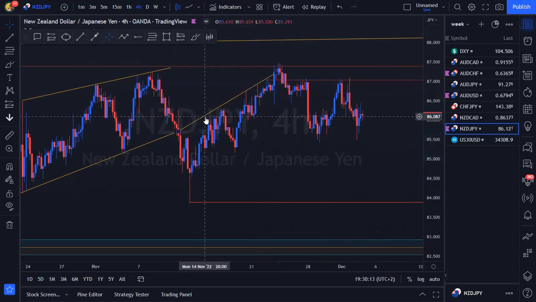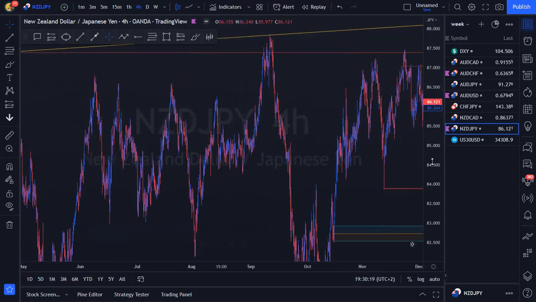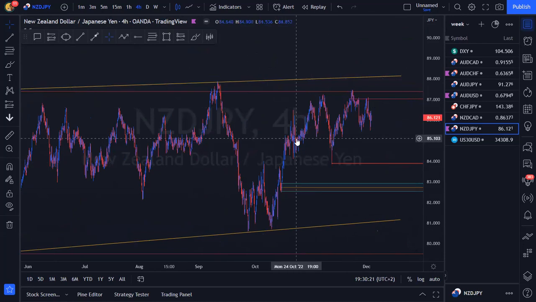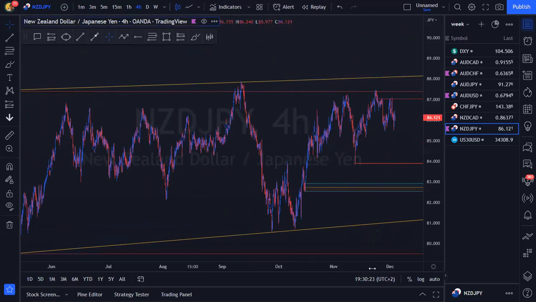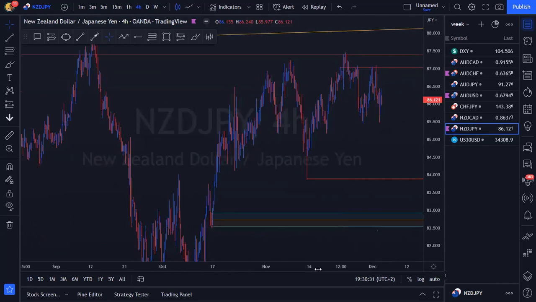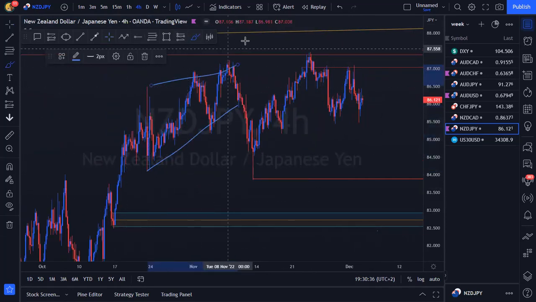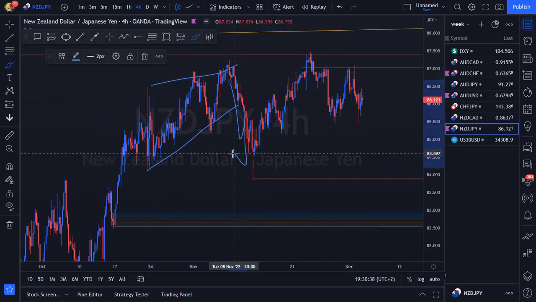So let's delete all of this stuff here just so that I can show you what the adjusted structure looks like. Let's go back to our basics for a second and talk about higher highs and higher lows, just so that we understand this chop and I show you why I'm changing the structure the way I'm changing it. Anyway, we were looking for downside momentum. We had this ascending structure here, first touch, second touch, third touch. Sellers came into the market, right?